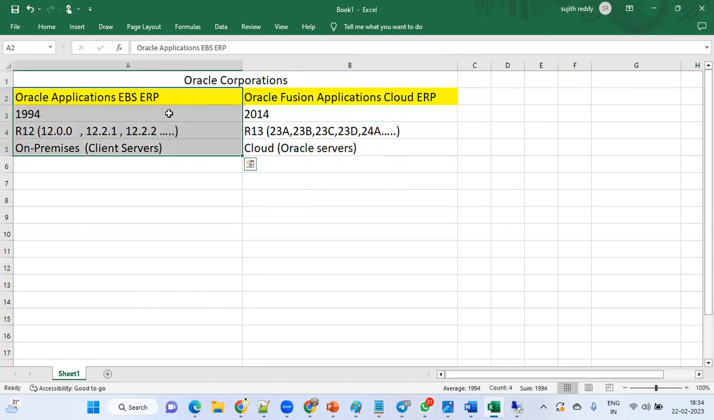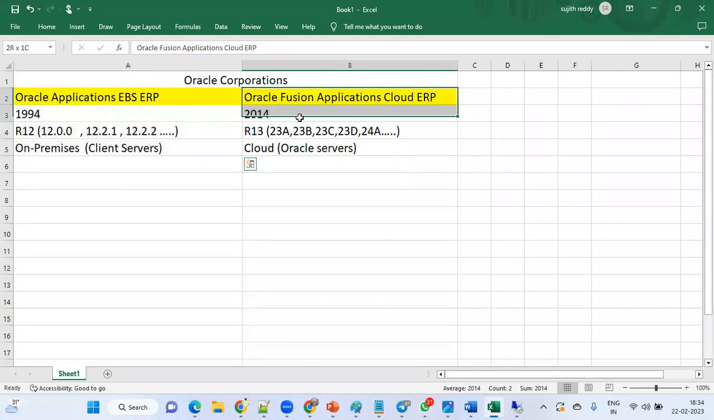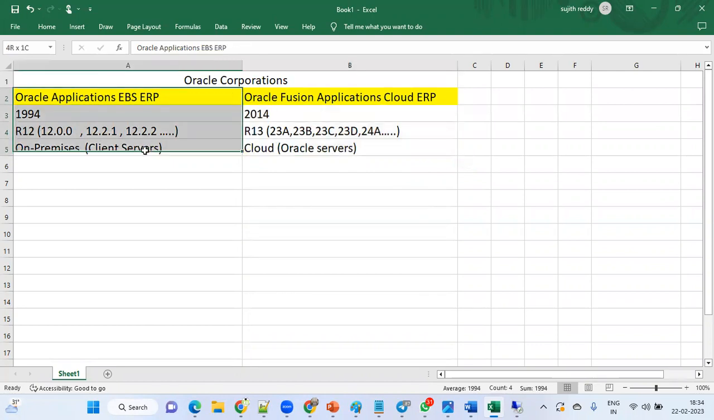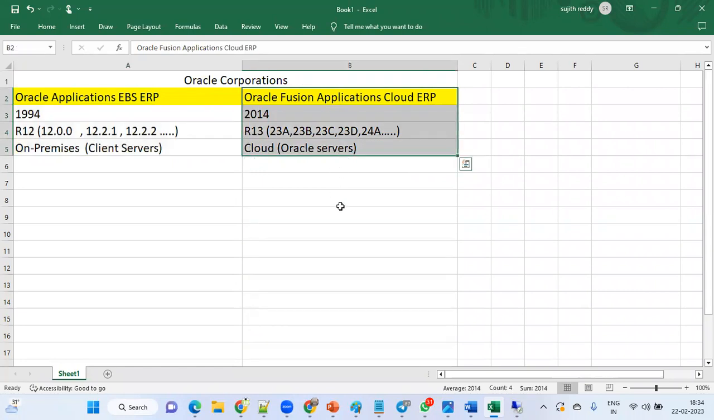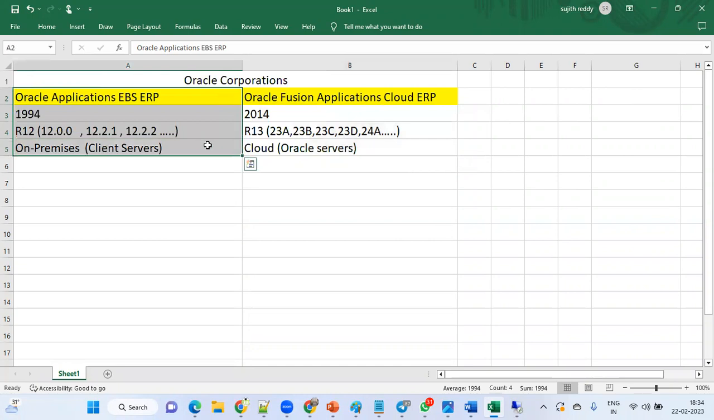90% of the EBS clients still have not moved from on-premises into the cloud. Only 10% of the clients have moved from EBS to Fusion Cloud ERP software. Now the projects where we are getting the maximum new customers might be using some other ERP software, not Oracle EBS ERP software. But still, nowadays, what clients are expecting is, when they are trying to recruit a consultant, they are expecting a